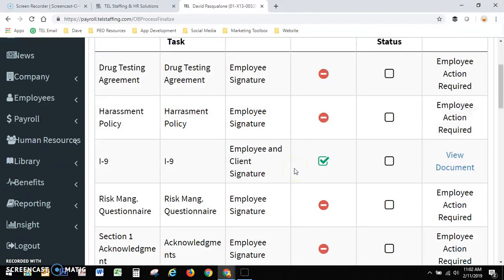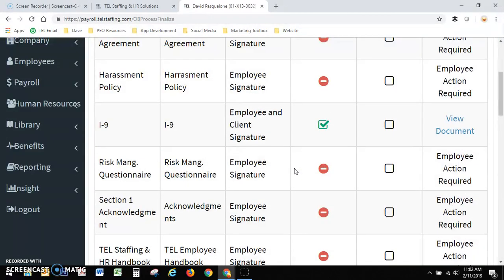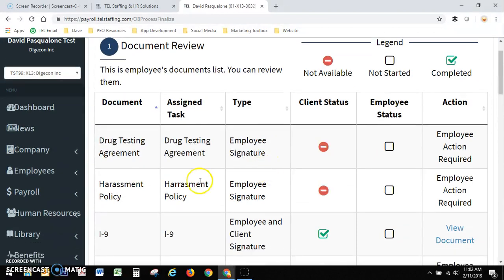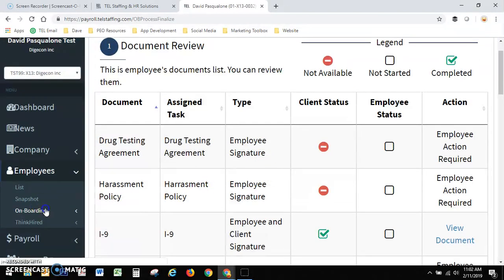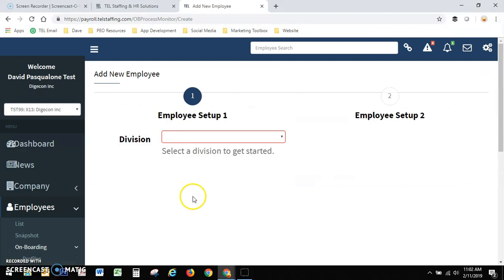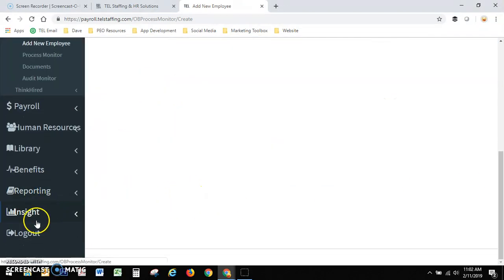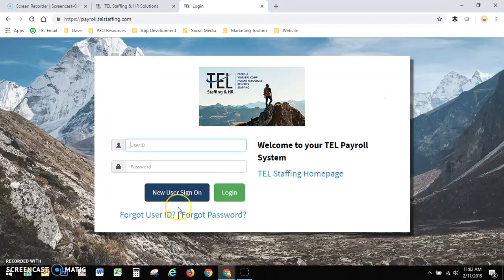So from this point, once all that is done, if you need to onboard another employee, you just go to Employee, Onboarding, Add New Employee. Or if you're completed and you're done for the day, then scroll down, click Log Out for security as always,